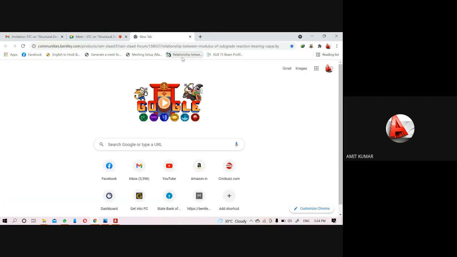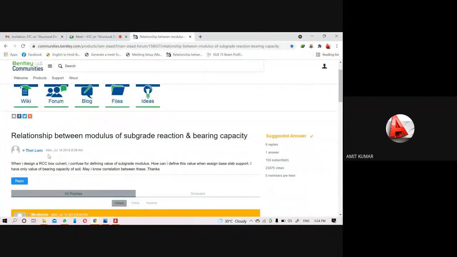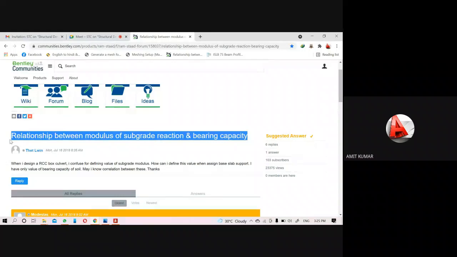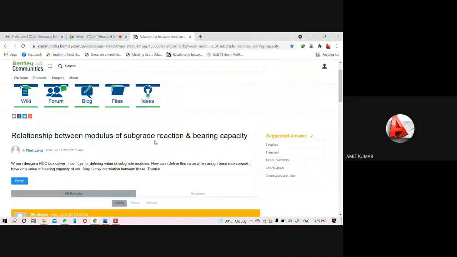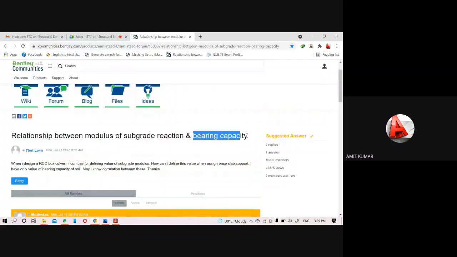This Bentley communities will guide you too much. You can see I have your tabs also here. If I want to see any relation, like any doubts, like the relationship between the modulus of subgrade reaction and bearing capacity, this will help you do the foundation design, because sometimes we have the data of soil bearing capacity, but we have to put the data in the form of subgrade reaction values.